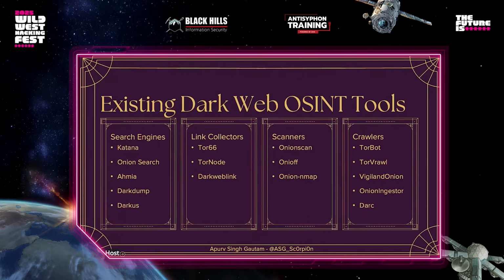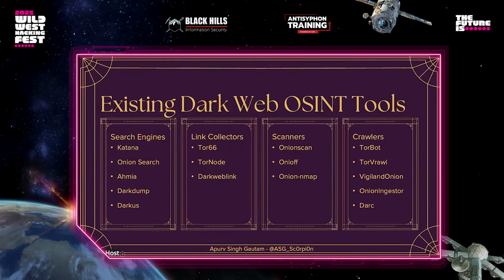So you start with search engines, because first you don't know what you are searching for, right? You don't know the websites. You just have one keyword that you have to search about, whether it's a company, a platform, or some threat actor, for example. So you search on some search engines that will give you data related to onion sites or threat actor platforms. That is where you start.